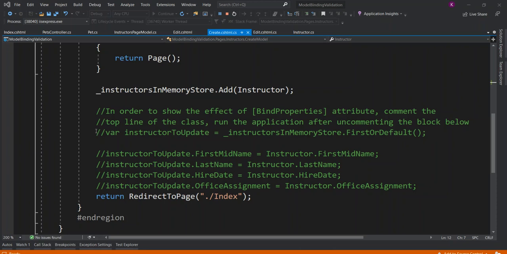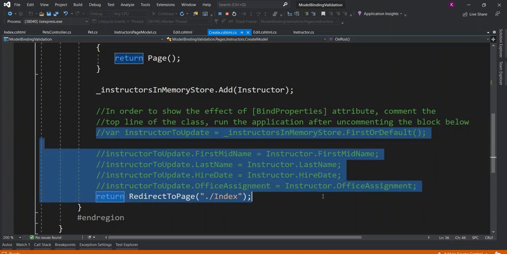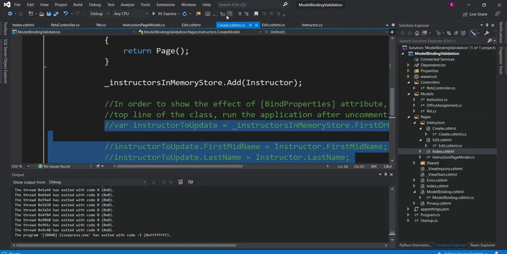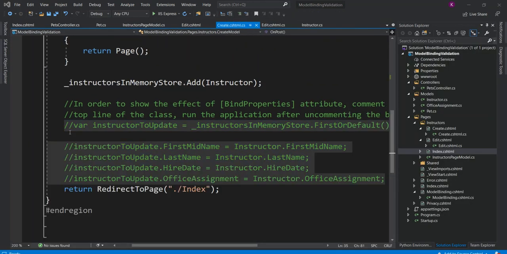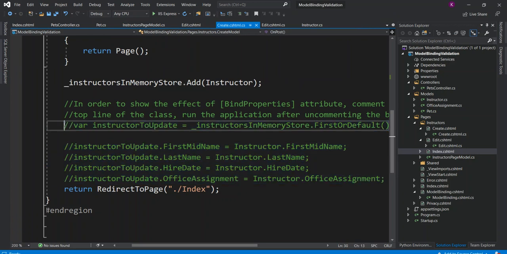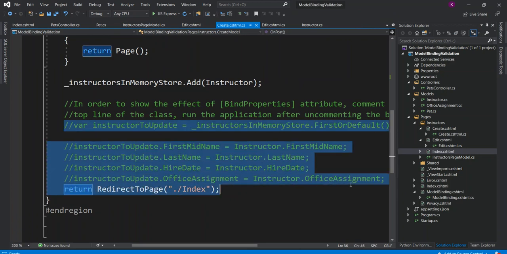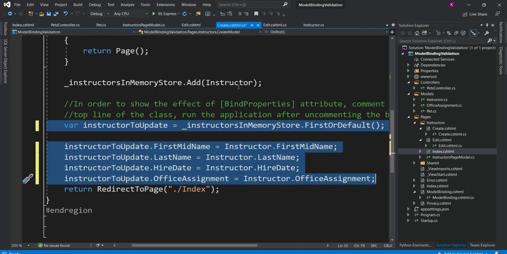Nothing happens because I had actually uncommented these lines where it was going to fail. So let me do it again. I forgot to show it like that in the first instance. Let's stop this application and uncomment this part of the code. Now I have uncommented it, and let me run the application once again.